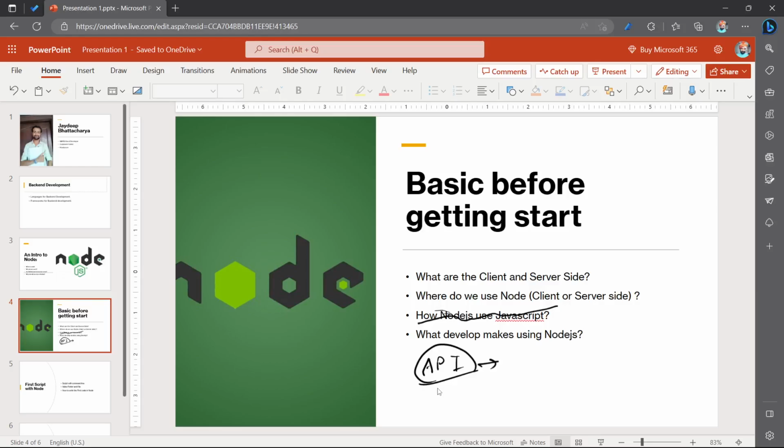Right, that is Node.js. Yes, that's why we call it the runtime environment of JavaScript. This is basically a runtime. Node.js is nothing else but the runtime of JavaScript.